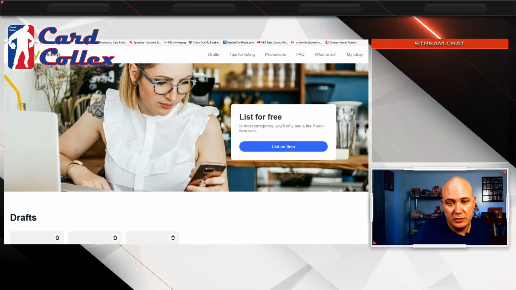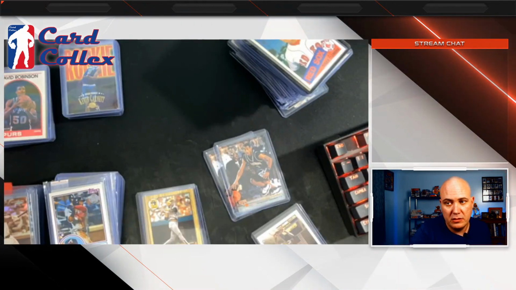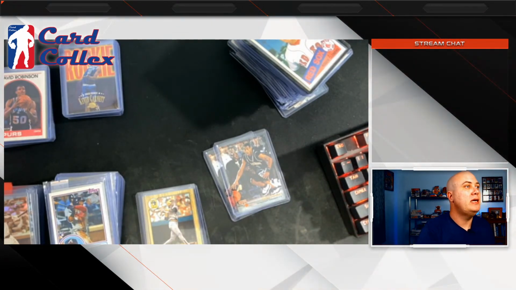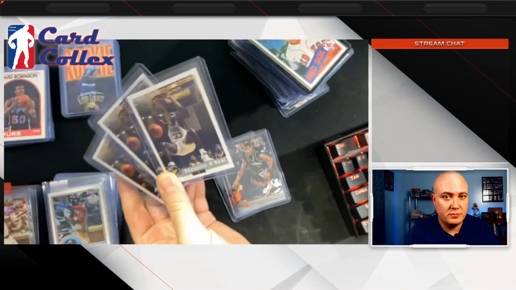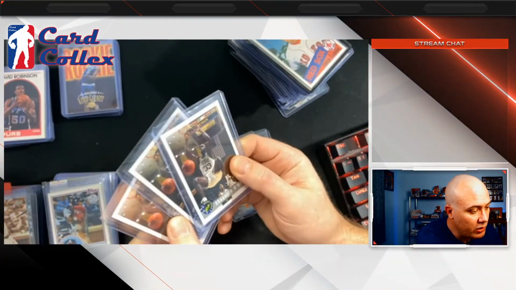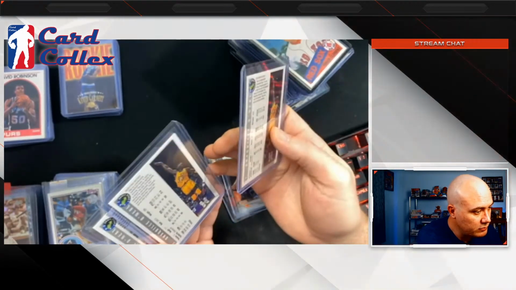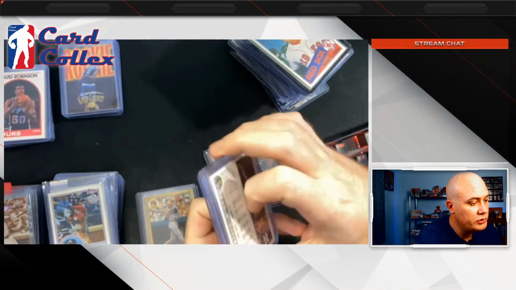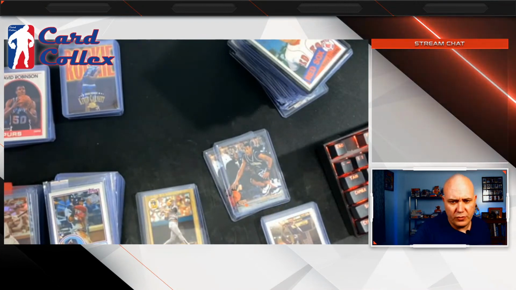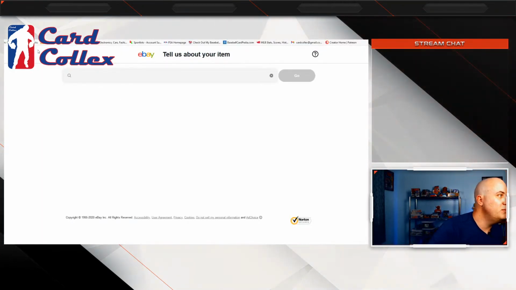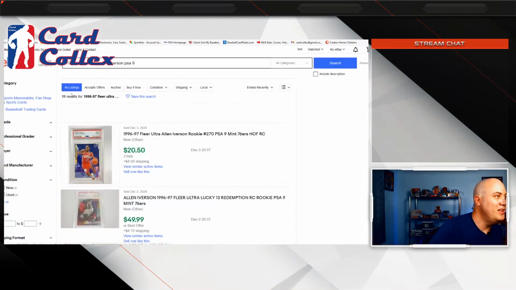Let's see here. Got these 3 Shaq Classic rookies from '92. So I'll go ahead and list them. I don't know what they're selling for right now either. I don't know what anything's selling for. I know what it is when I buy it, and I don't keep track until it's time to sell it.